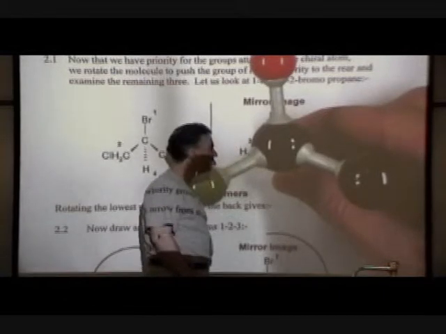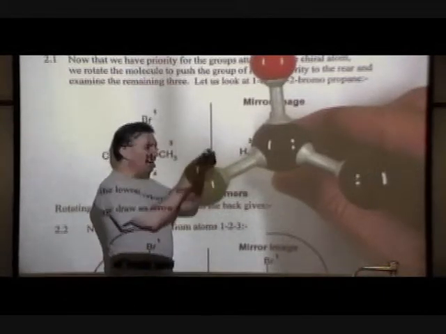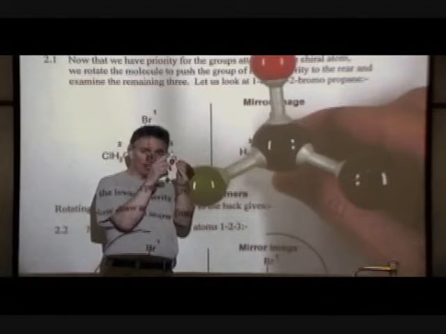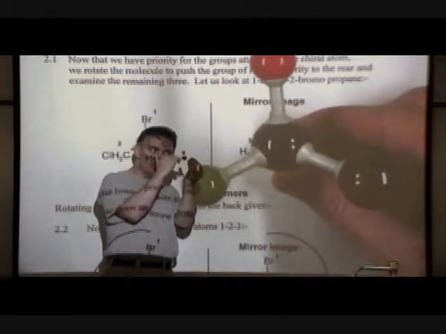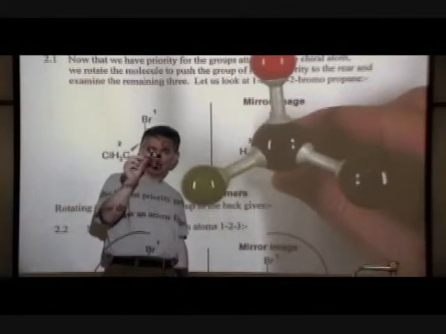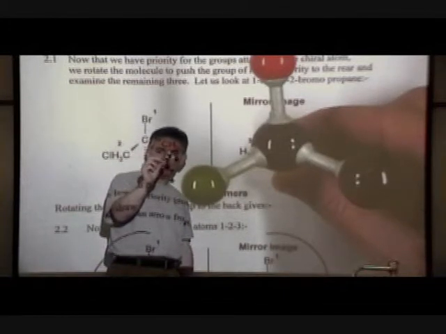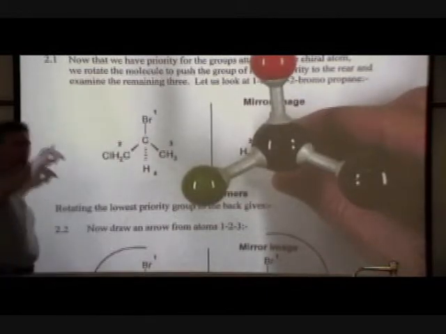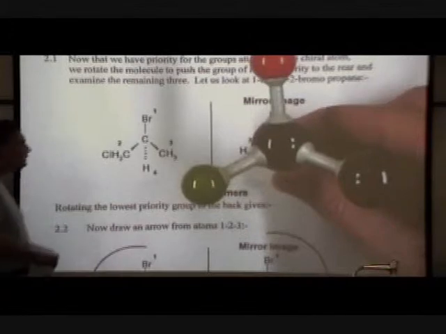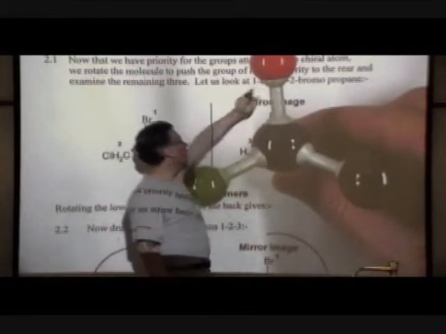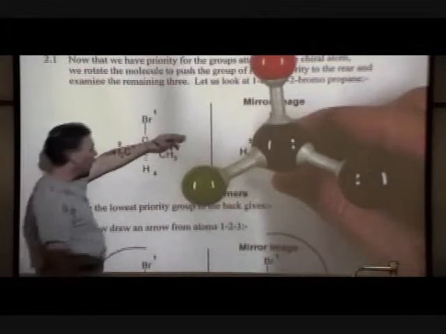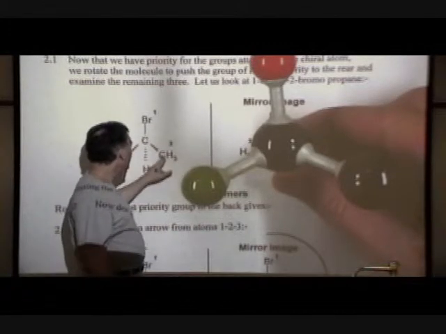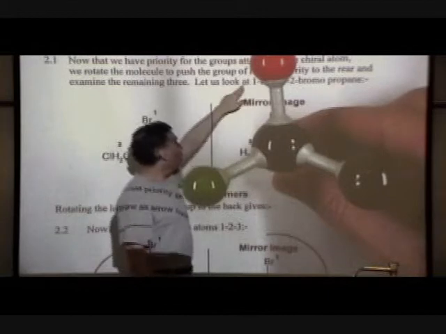So we're looking at the 3 groups of highest priority. Once we've tucked the hydrogen atom, once that low priority hydrogen has been tilted to the back of the molecule so that it's hidden, eclipsed behind the stereocenter carbon, we look at the 3 remaining groups attached and look at the direction of rotation. From highest priority 1, we go to the second highest, which is the carbon attached to the chlorine, and then to the carbon with the hydrogen attached. So we're going in a